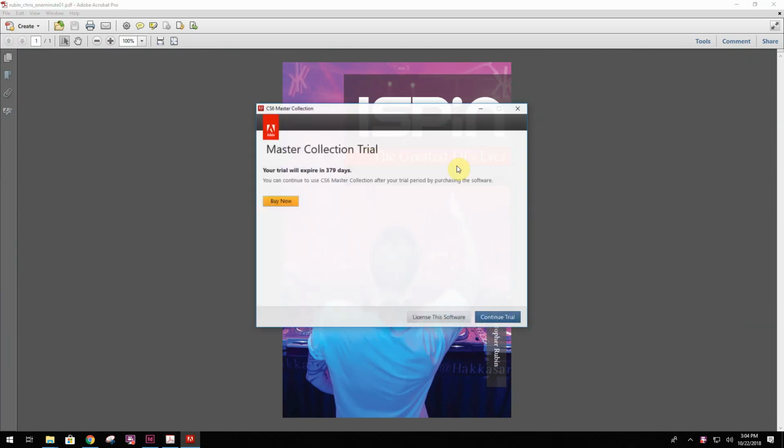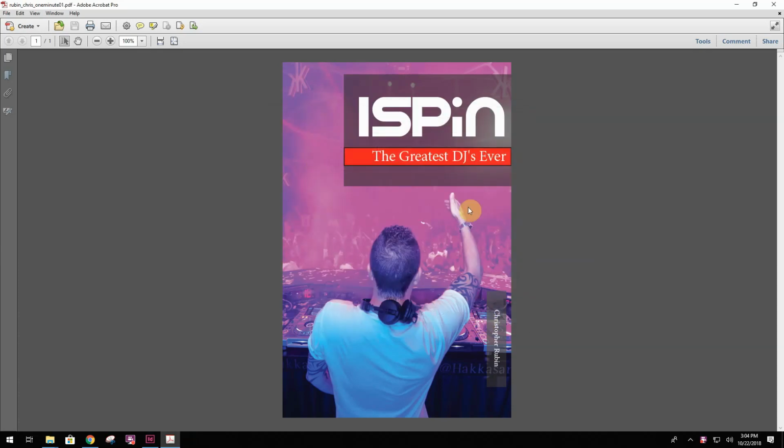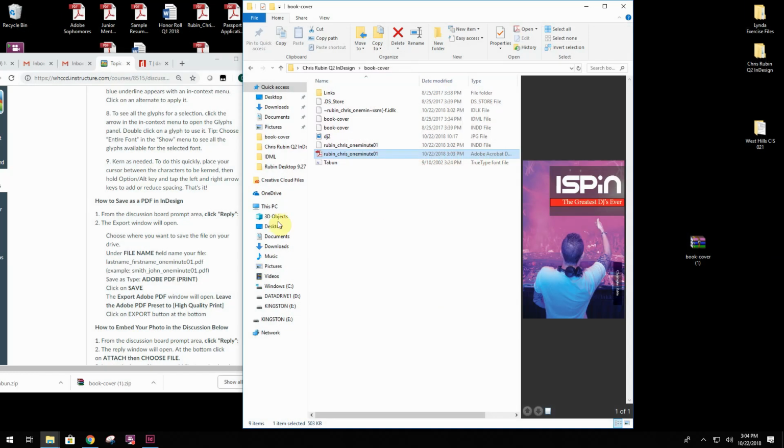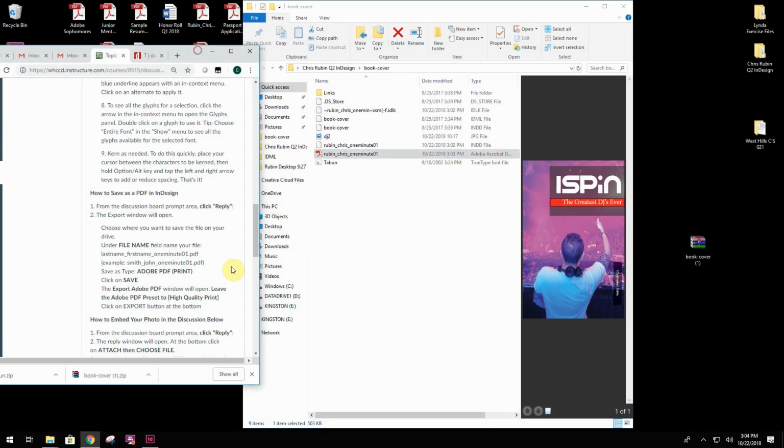And there's no right or wrong. You should definitely choose an image of your liking, and then you should play around with fonts that work well. I spent time looking for this font. I thought it would fit the theme of a DJ. And then once you're done with it and you're happy with your final product, you're going to